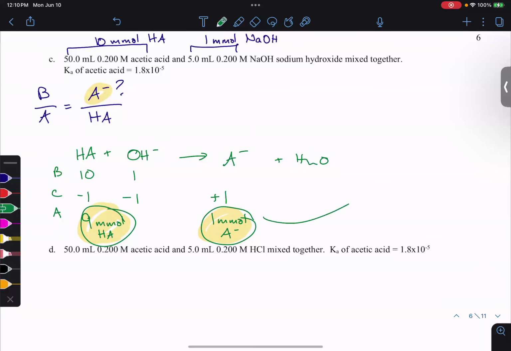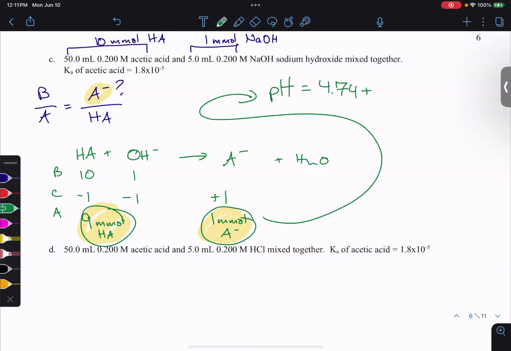So the pH calculation is going to be pH equals pKa. So this is acetic acid. So 4.74 plus log base over acid. So it's 1/9, whatever that answer is, right? Okay, so